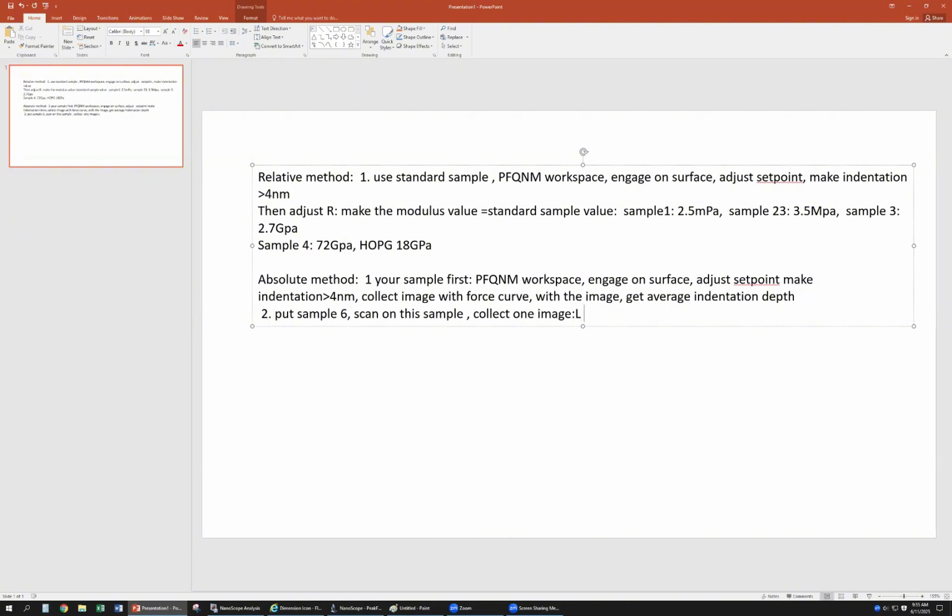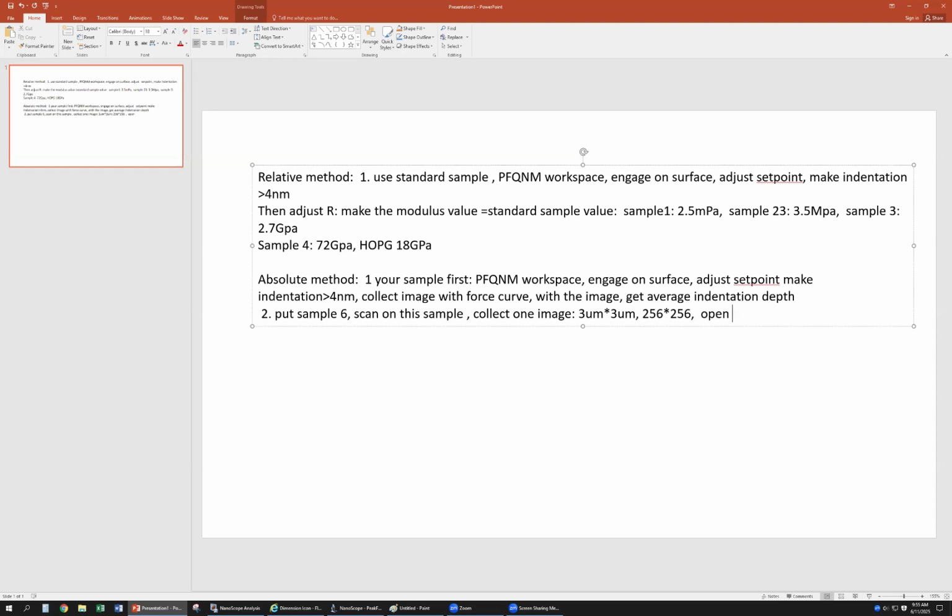For this image, we request you use the 3 micro by 3 micro image, with 2.6 by 2.6 data points. Okay, after you get this image, then